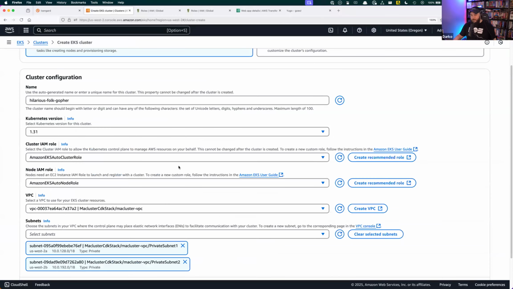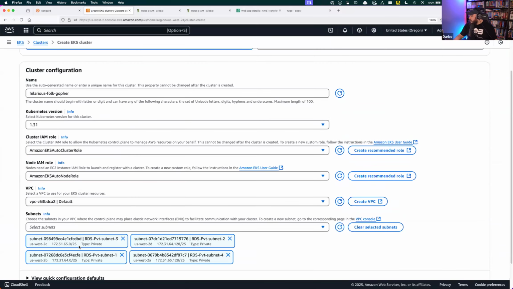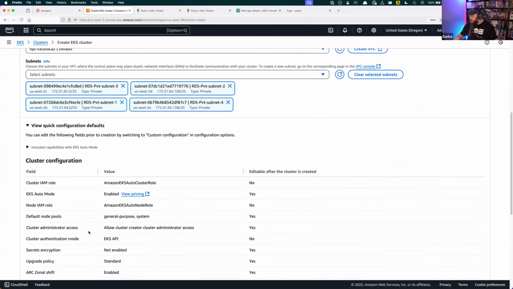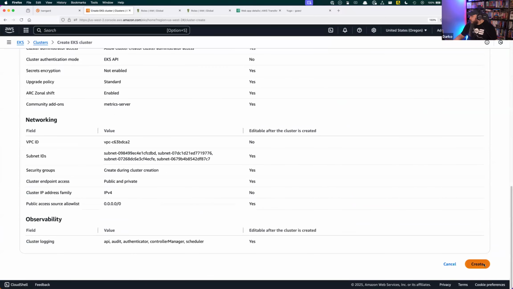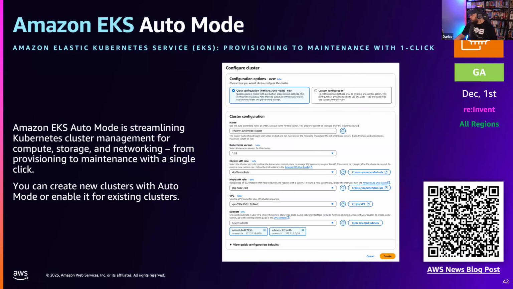I love the fact that IAM role creation is automated now. Select the VPC. Now let's do something else. Let's do the default VPC, and it sets this up, right? Boom, boom, boom. Create, and just like that, in a couple of clicks, I have a cluster that's gonna spin up with the nodes and all. That's it. It's just a simple way. If you want to build some stuff with EKS on AWS, it is relatively easy now to spin up the whole cluster without having to worry. So good, little feature, highly important.